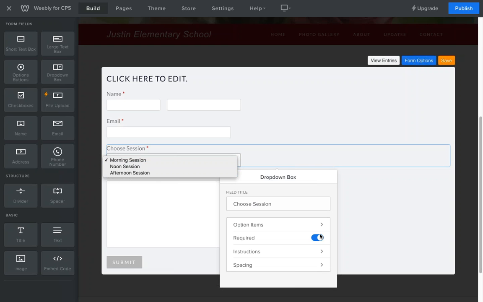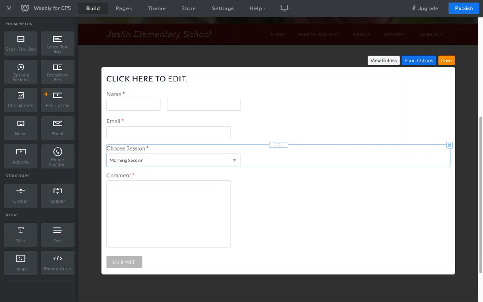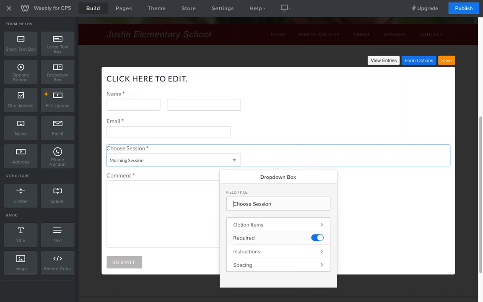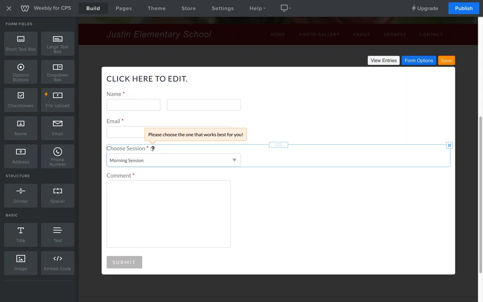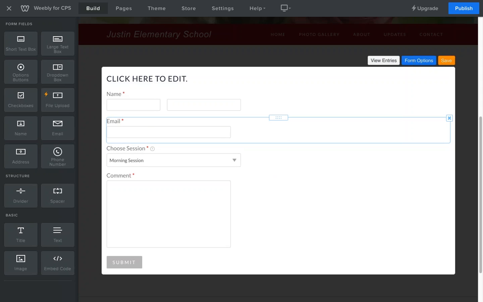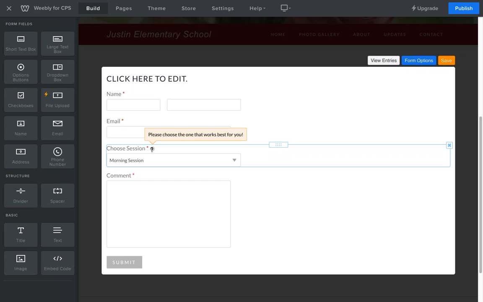I can make this a required part of the form. Anything that has this red asterisk is required. If I turn that off, then it wouldn't be required. I can even have instructions. So please choose the one that works best for you. So a little check mark now appears, and when I hover over the check mark, I see my tooltip that I just created. So it's very easy to do really fancy things on your Weebly website just by checking out